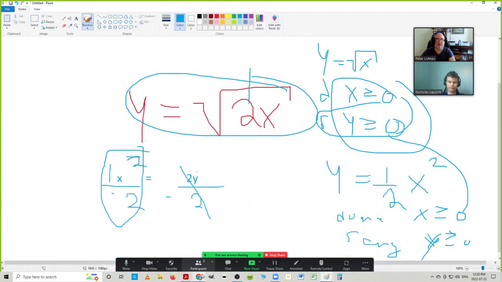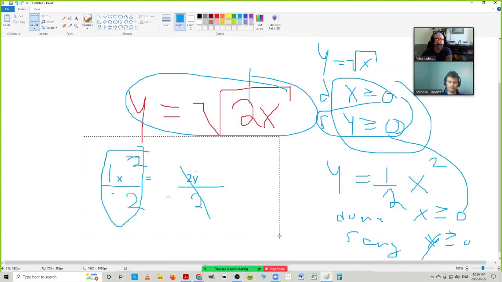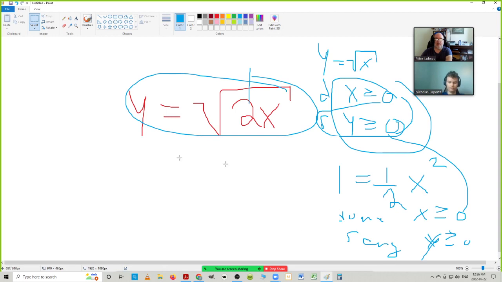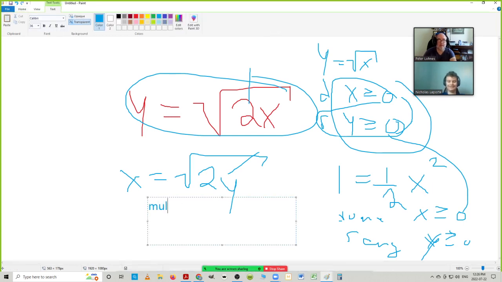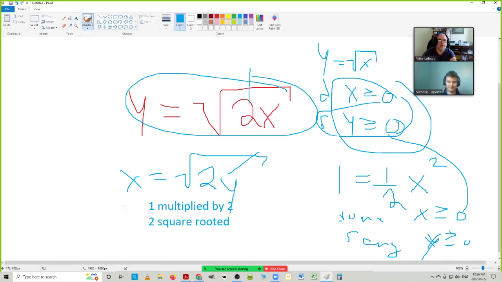Now, let me look at the mathematics of this. How do I inverse this mathematically? x is equal to the square root of 2y. Well, you can always tell the story, and you have to tell inside. You treat square roots like brackets. What's going on here to y? First, it's multiplied by 2, and then it's square rooted. To tell the reverse story, I take this story, and I have to make my number 2 my number 1,